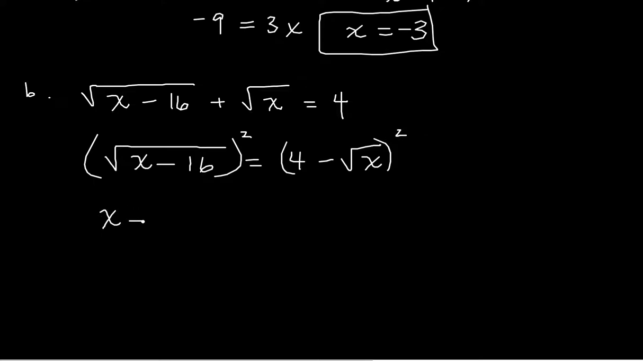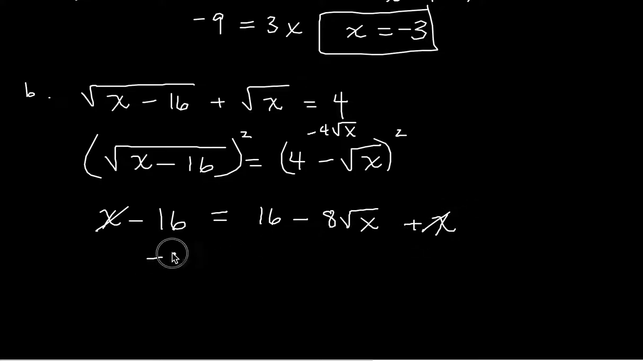So we get x minus 16. On the right side, we're going to FOIL it. We get 16. If we multiply these together, we get negative 4 root x. Take it times 2, which is going to be negative 8 root x, plus x. Now the x's cross out, and we subtract 16 from both sides, so we get negative 32 equals negative 8 root x. Divide both sides by negative 8, we get 4 equals